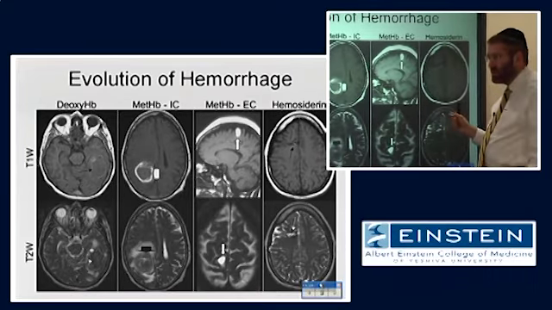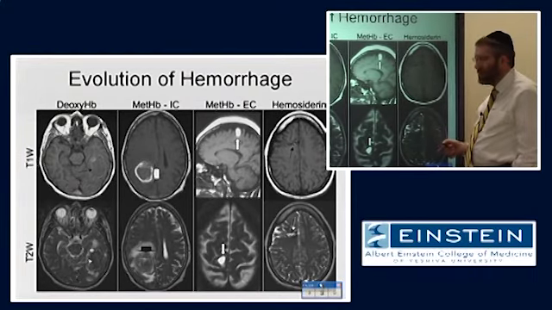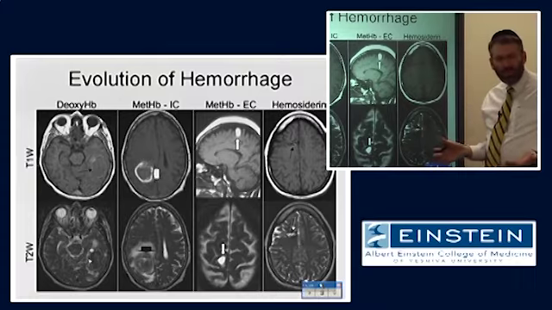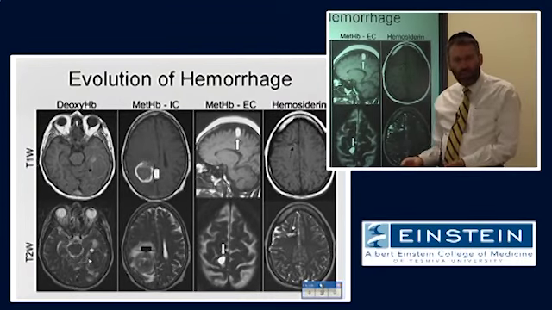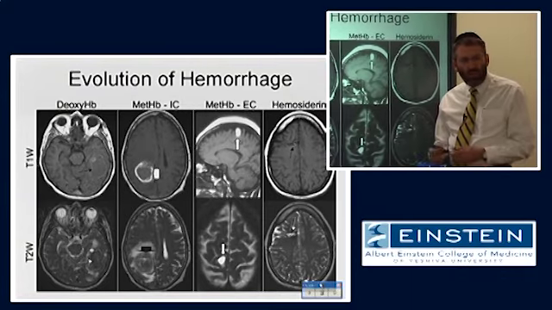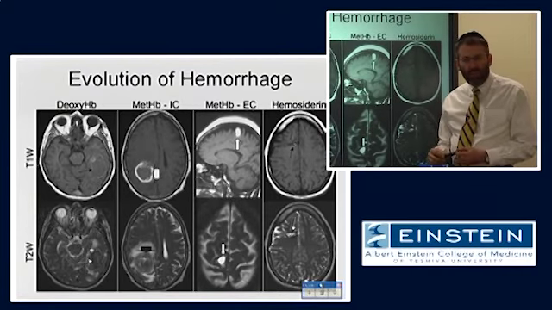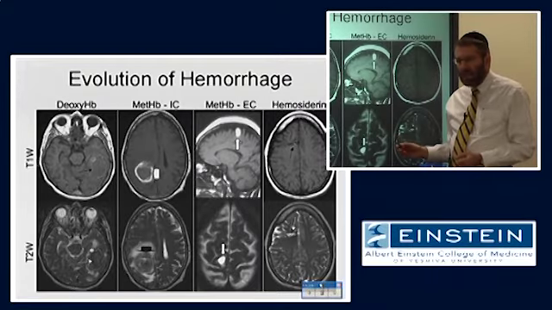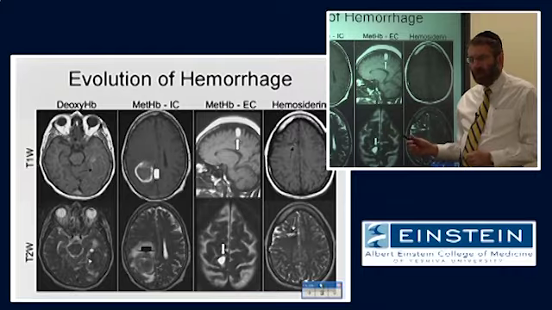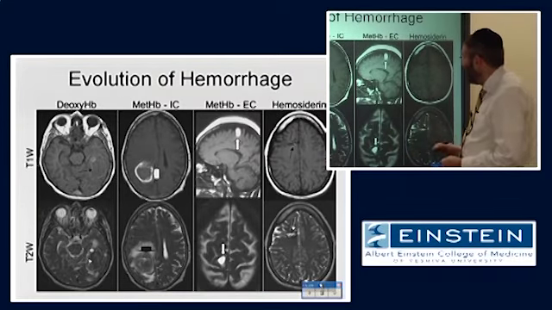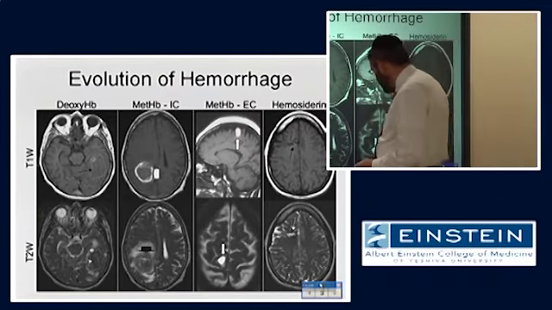One of the reasons for that is, because you would expect these are magnetic susceptibility effects, why aren't they totally compensated by the spin echo, by the 180-degree RF pulse? The answer to that has to do with diffusion. And what I mean by that is that if we think about, let's say,